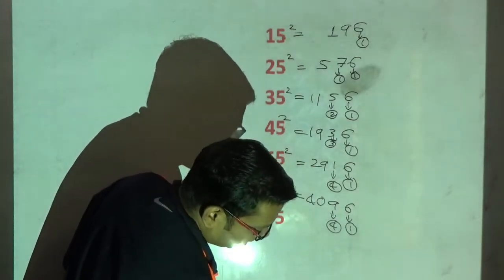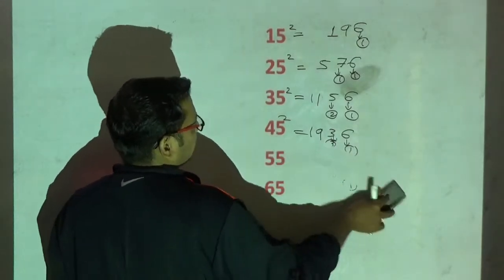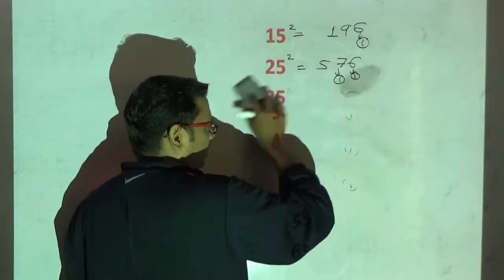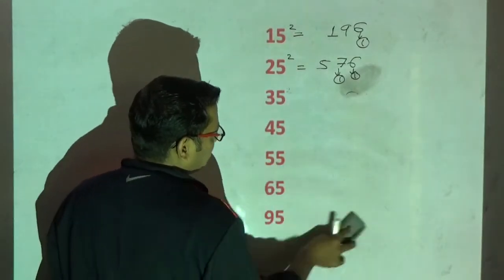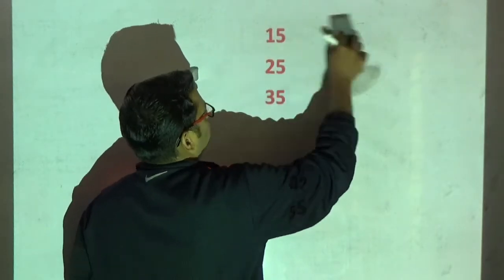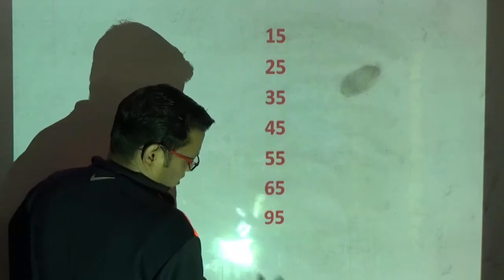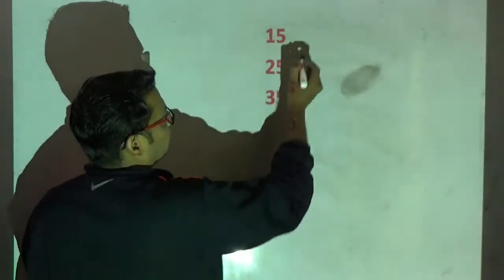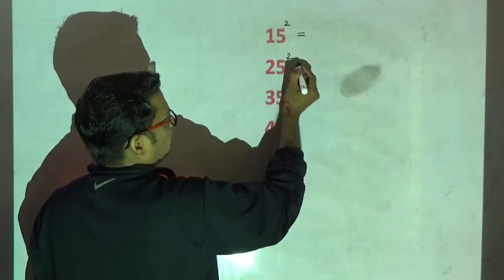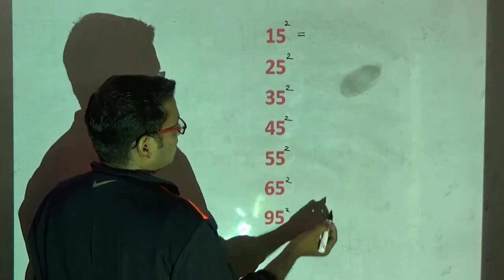Now, for the number ending with 5, the technique is a little bit different. Okay, please observe very carefully. It is easy also, but the technique is different than what you have learned so far. That's why I told you not to skip the video. Okay, so please observe now. Now, I am finding squaring of numbers ending with 5.